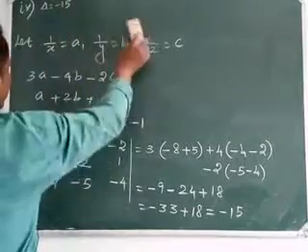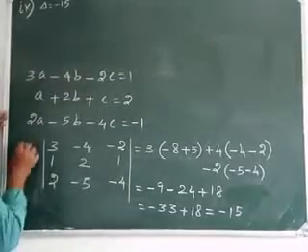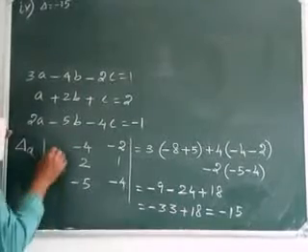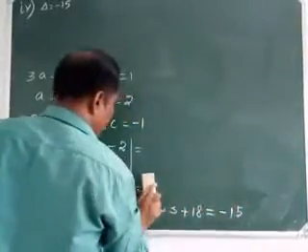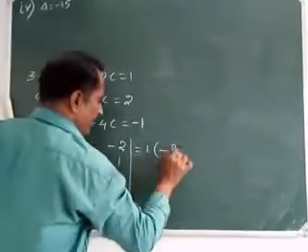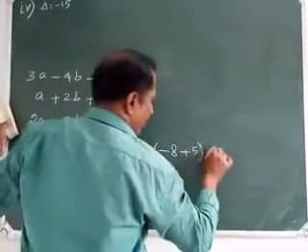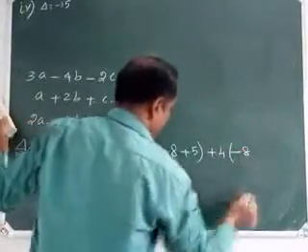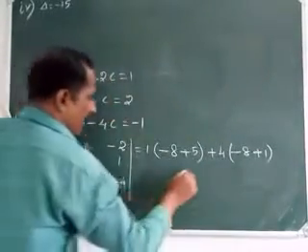And next we have to calculate delta A. We replace the first column by 1, 2, minus 1. Explaining this one, this is equal to 1 into 2 into minus 4 minus 8 minus 5 into 1 minus 5, to 9 plus 5. Second one, minus of minus 4 is plus 4 into 2 into minus 4 minus 8 minus 1 into plus 1 minus 1, to 9 plus 1. And the next minus 2 into